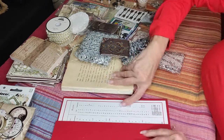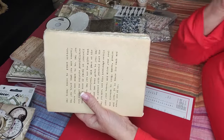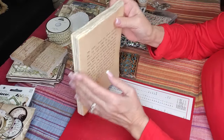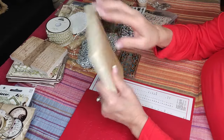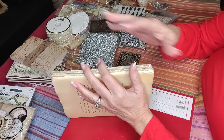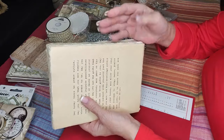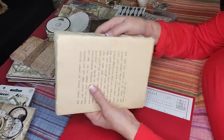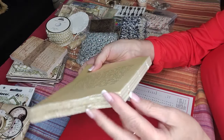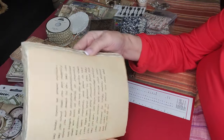And then some of the pages, I picked this up at, oh gosh, a shop. Trying to think, Chip and Joanna Gaines. They have a shop in Waco. And, well, they have many shops in the little area in Waco. And I thought this was so pretty. I know it's not original, but the way it is textured and everything. Not for sure if I'm going to cut this apart. I'm not for sure how I'm going to do this yet. Anyway,